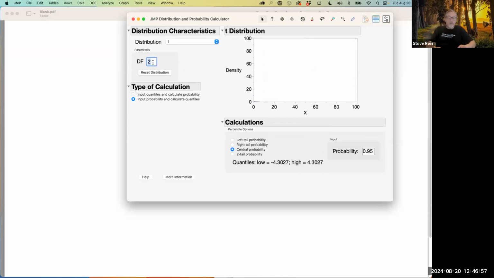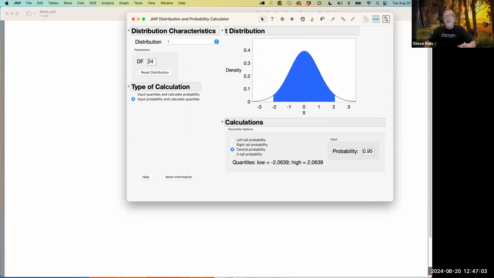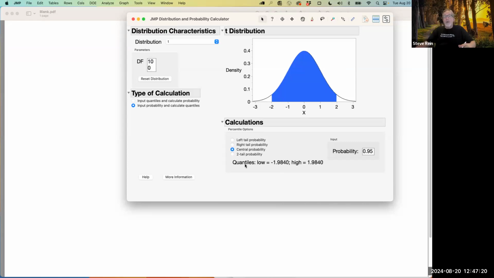What if your T corresponds to 25 data points, and minus 1 would be 24? I'll put in 24 values here. My T distribution with 24 degrees of freedom, I would plug in central area 0.95. I'd use 2.06. What if I had to say 100 degrees of freedom? Boom. I would have a T value of 1.9840.